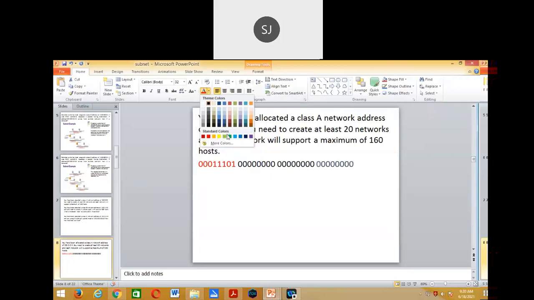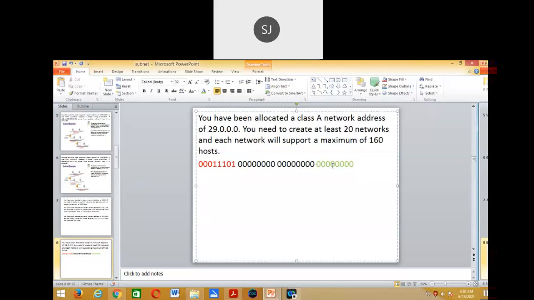We will reserve these 8 bits for host ID. Is it not? So then the remaining bits in the host ID, remember, this entire thing is a class A address, wherein 8 bits are reserved for network ID and the remaining 24 bits are reserved for host ID. For subnetting, in the bits that are reserved for host ID, we will take some bits for subnet ID and the remaining bits for host ID. So here we have taken how many bits for host ID? 8 bits. Okay.